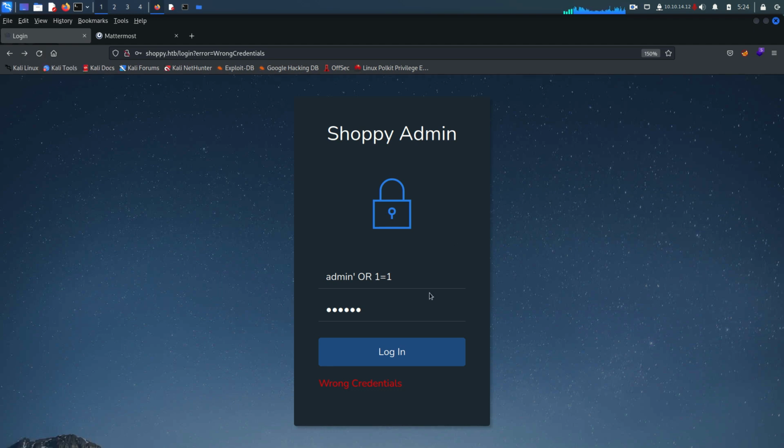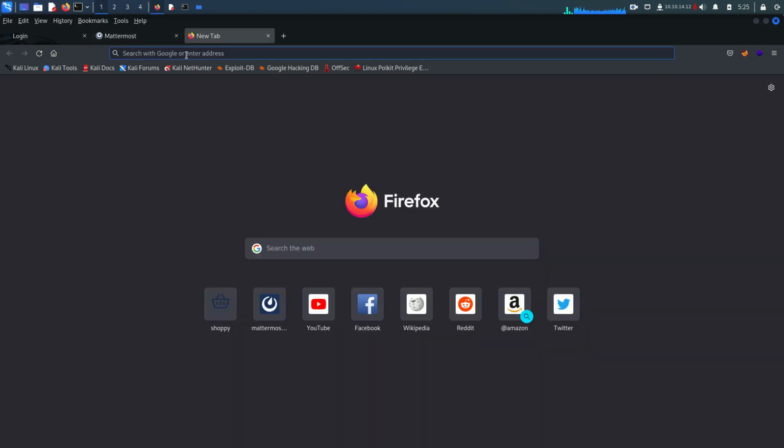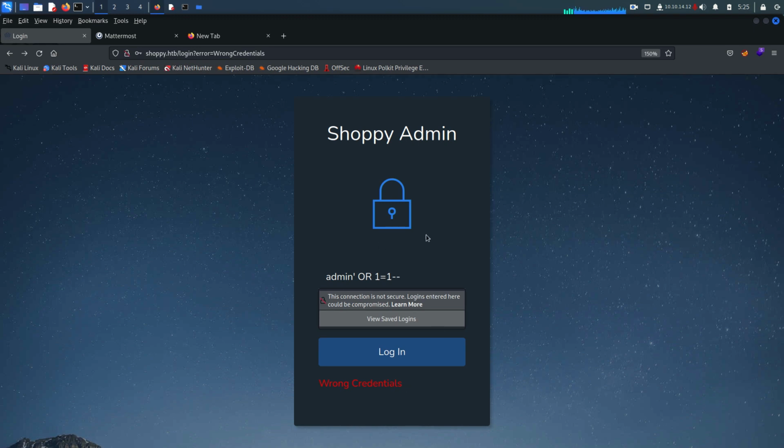So when I did that machine, I actually tried sqlmap, and I also tried many things. I tried some payloads regarding MySQL and PostgreSQL, but nothing worked. In the SQL injection, nothing works. So I gave NoSQL injection a try, because whatever you try here, nothing works. I also tried to brute force the admin user, but I did not get the password and it takes too much time. So what I did, I tried